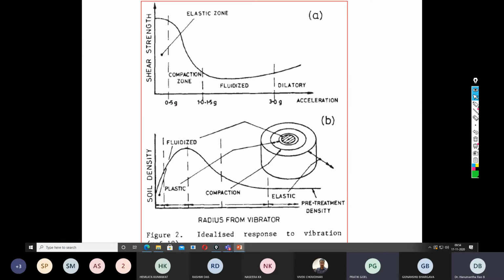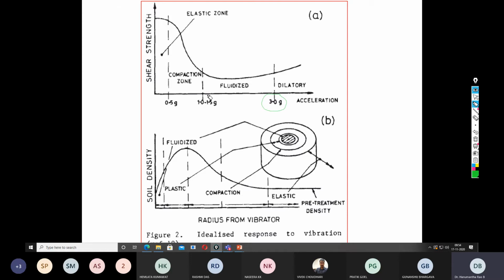Acceleration. Yes, sir. This one. Okay. See, when you use the vibro flotation technique, you are going to apply some kind of vibratory energy. That vibratory energy is measured in the form of acceleration due to gravity. Right adjacent to the probe, if you measure the acceleration, it is almost equal to 3 times g, while as you go away from the probe in the lateral direction, the amount of energy decreases